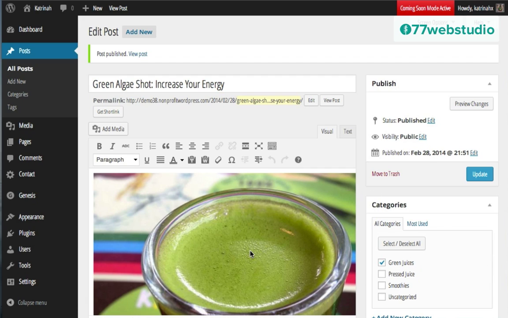So I have the 3 categories that I want to have displayed on the home page. The only catch is that I only have 3 blog posts. So behind the scenes, to save time, I'm going to create a number of additional blog posts and add them to each of these 3 different categories. So I'll see you on the other side once I've created all those blog posts so that we can set up the home page with the featured categories.